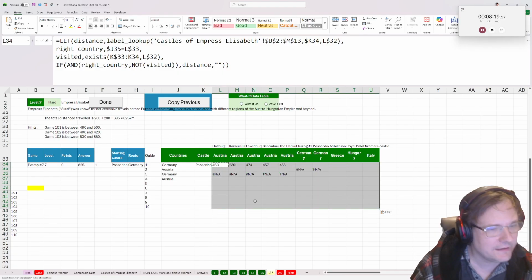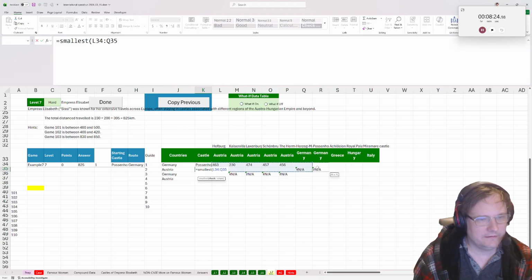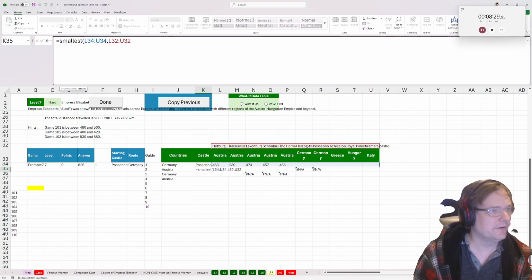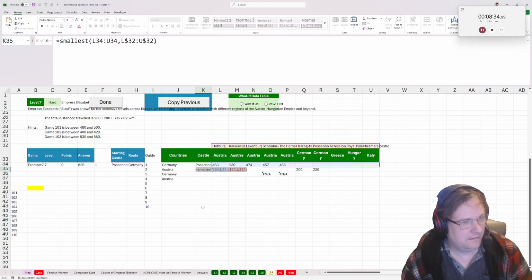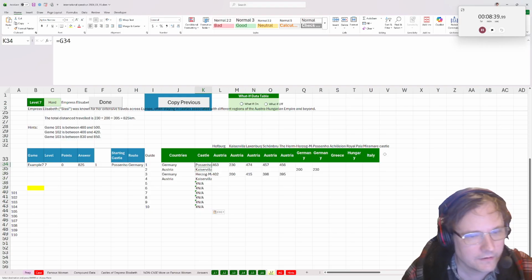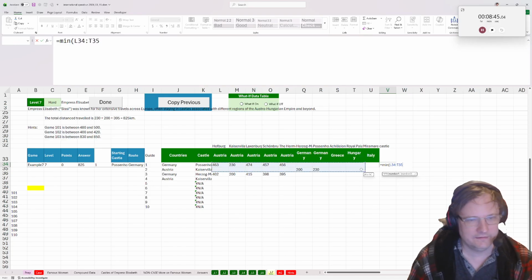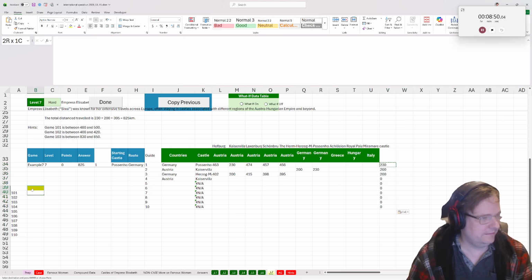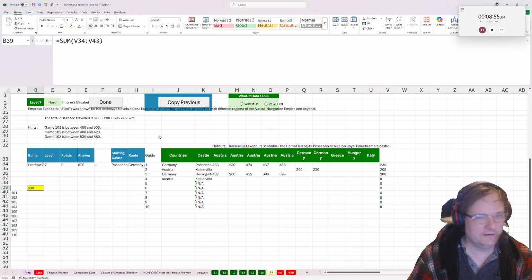Bring this down here, right? And these are in A because I haven't done the castle yet. So the smallest of this, returning on here with this 32, is going to stay locked. That tells you what castle to go to. Those can stay errors. It won't hurt anything. And then just the minimum of this is the distance that she traveled. All right, so if I do this and then sum up those distances,